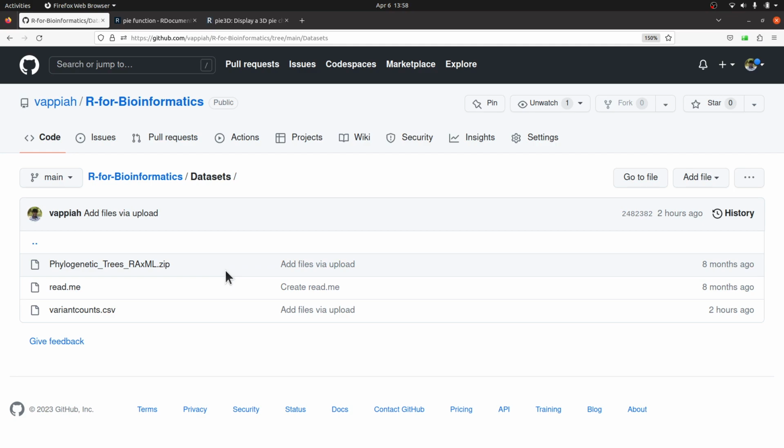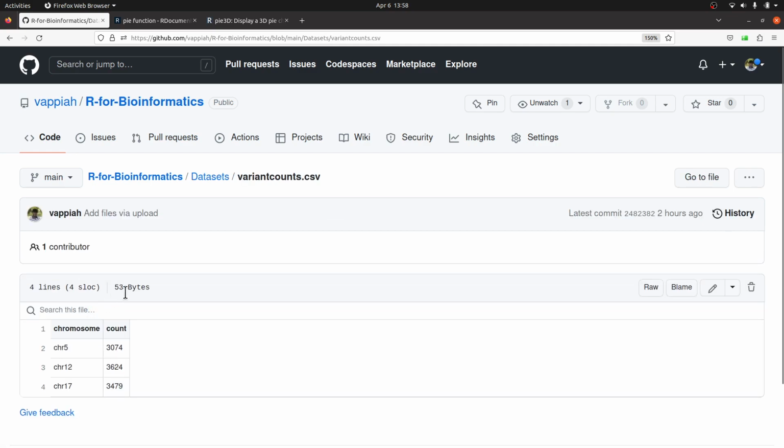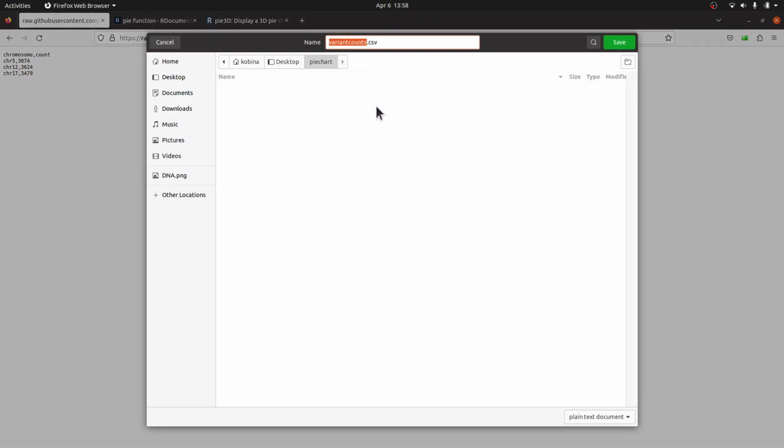So if you are here, just click on the variant count.csv, then you'll be sent to this page. So when you're here, just come to the right side, click on raw, and after that you'll get to this page. So here you can just right click and then just go to save pages. So click it, and then you'll be asked to save it. So I will save it here,